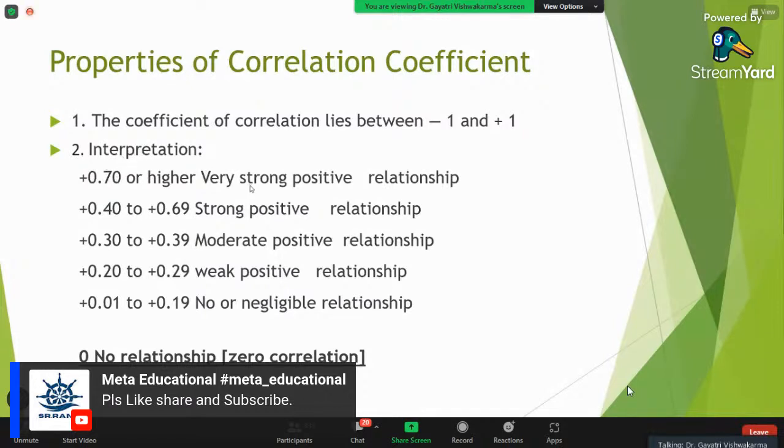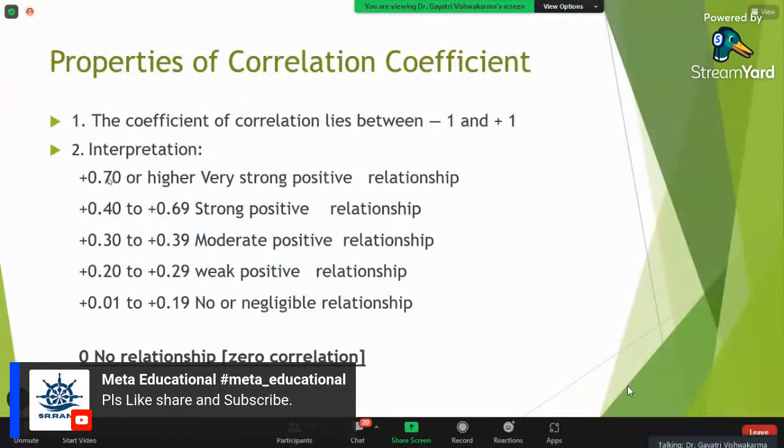Now, what is the interpretation of r? We are going to see how to calculate it in the hands-on session with SPSS. So let us understand the concept and interpretation part. These are the ranges defined, and different ranges are defined in different literature, books and so on, but this is the one I like most, so I am representing it here.